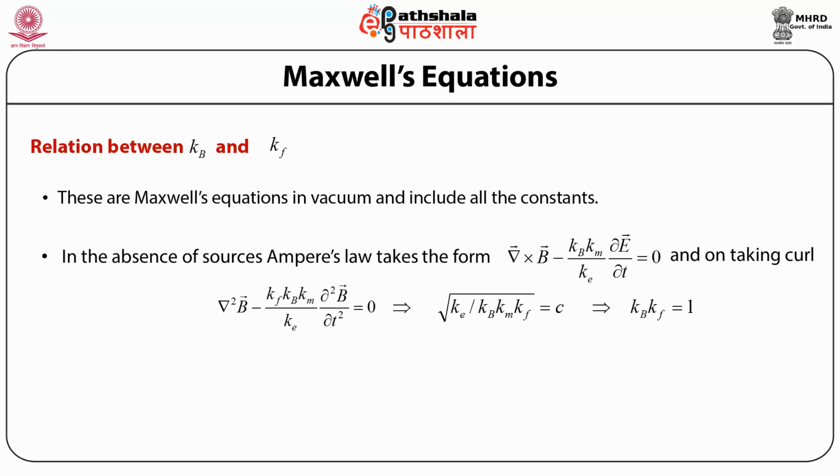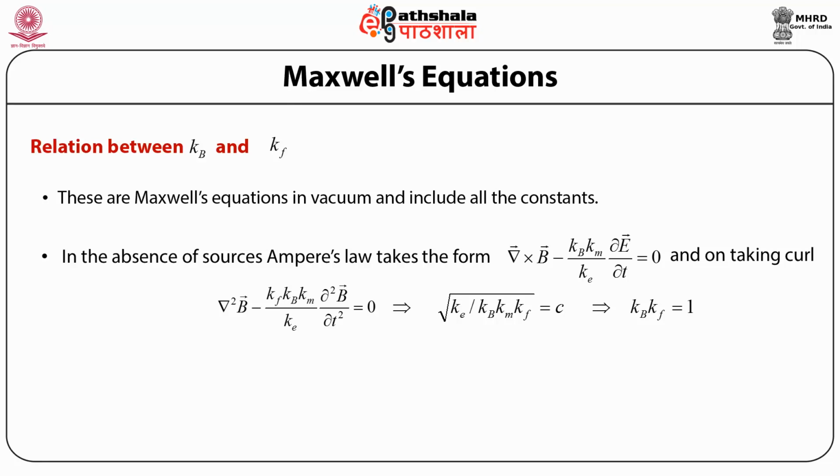is del square B vector minus Kf Kb Km by Ke into del square B vector by del t square is equals to 0. Now this is the equation of a wave propagating with velocity under root of Ke divided by Kb Km Kf. Now knowing experimentally that electromagnetic waves travel with the speed c in vacuum, we have under root of Ke divided by Kb Km Kf is equals to c. But we already know from the earlier equation that under root of Ke by Km is equals to c, and thus